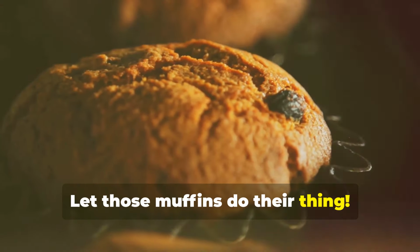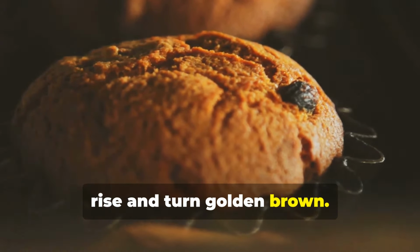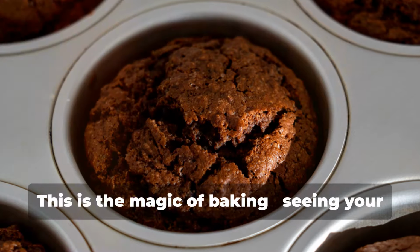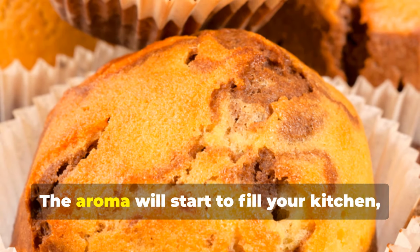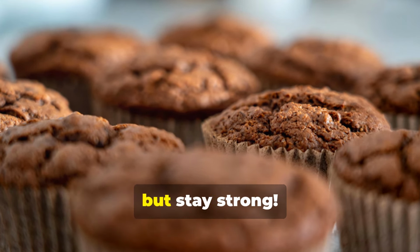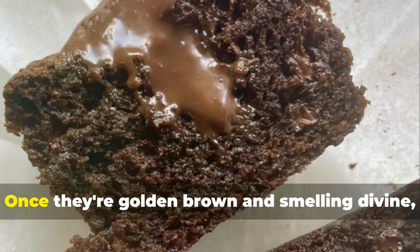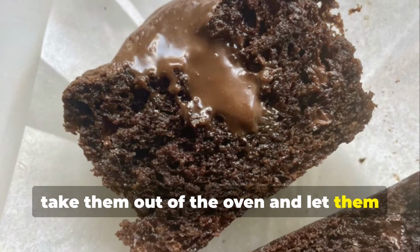Let those muffins do their thing. Watch through the oven window as they rise and turn golden brown. This is the magic of baking, seeing your creation come to life. The aroma will start to fill your kitchen, making it hard to resist peeking, but stay strong. Once they're golden brown and smelling divine, take them out of the oven and let them cool in the tin